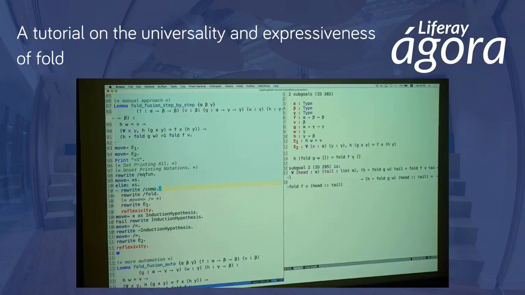Universal property? W, yes, W. And here, it's equal to E, right? So if we unfold the definition of fold, we get this one, right? So we basically substitute fold into the equation. So now you can see why we needed this equation, H W equals V, because H, V, and W are